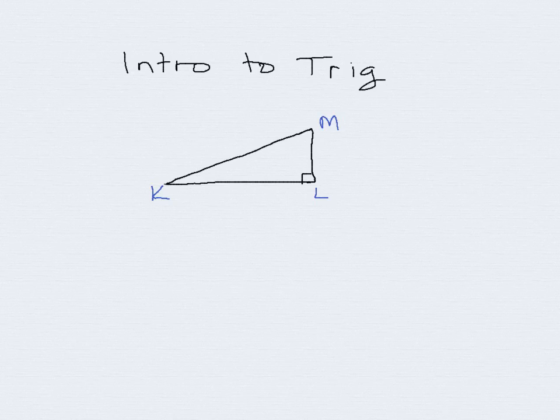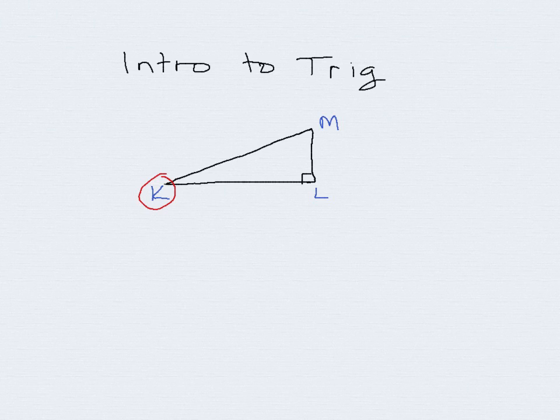Let's do a quick little introduction to trig. First of all, let's make sure you know how to label the sides properly of a right angle triangle. Let's start with angle K. If I ask you to look at angle K and identify the three sides with respect to angle K, then